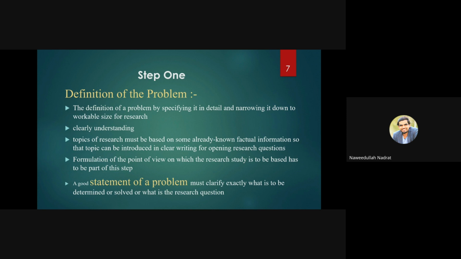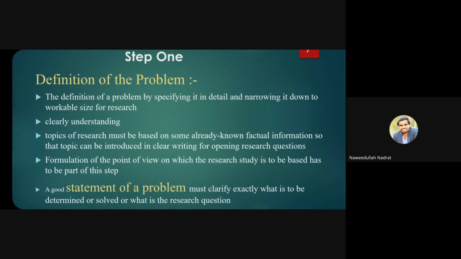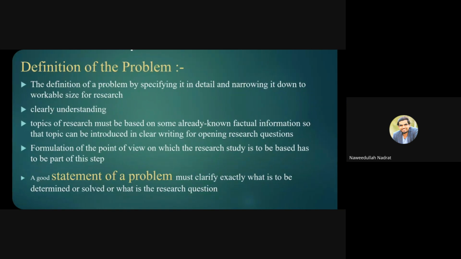Whenever we talk about hypothesis, we say it tentative, we never use the term imaginary, because it is always factual, it is always verified by other studies. That is why the defining of your research problem is very crucial, because it has to be coming in the light of some already known factual information in that particular area. Like in my case, for today's discussion, we are talking about